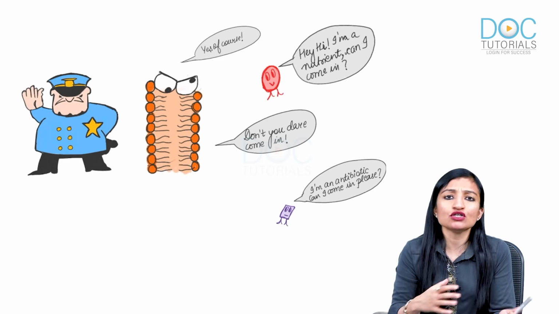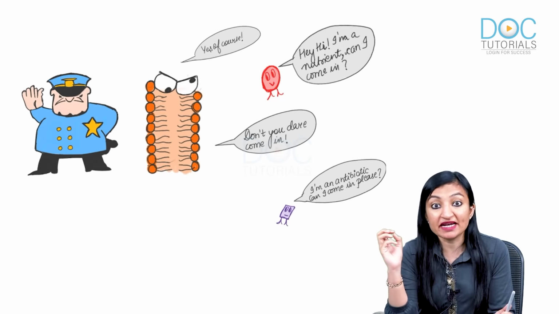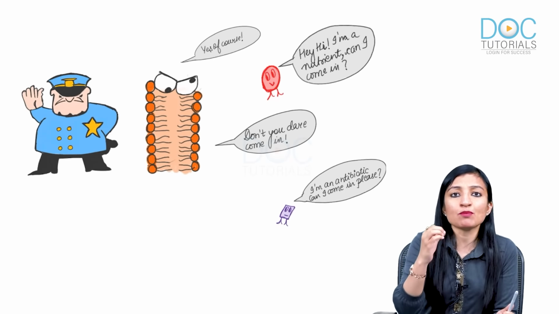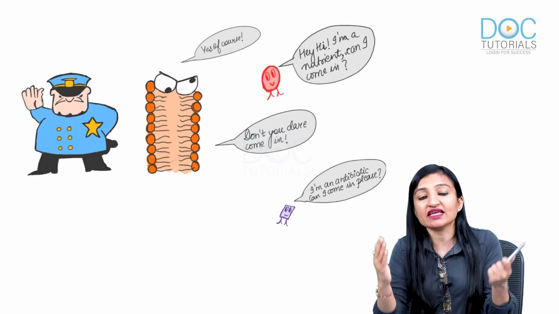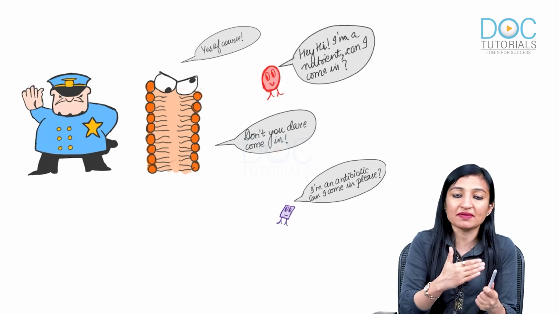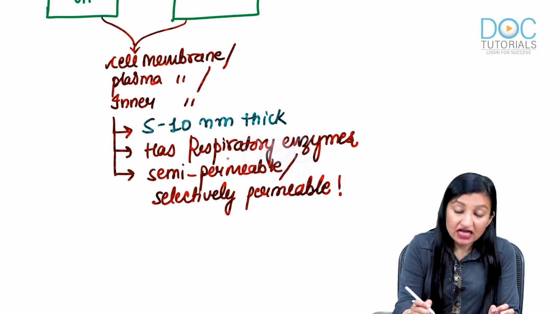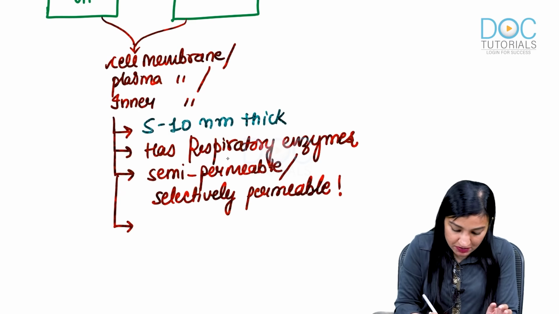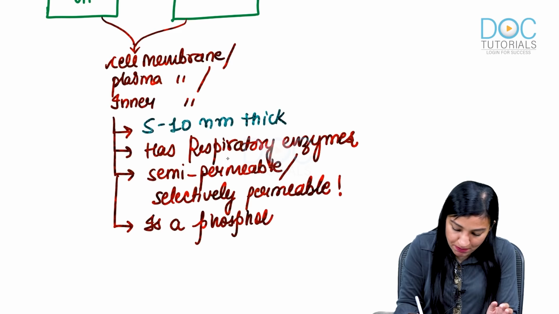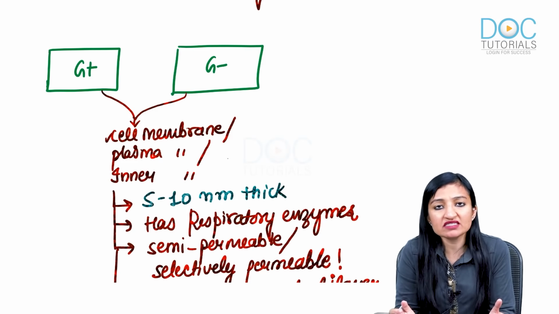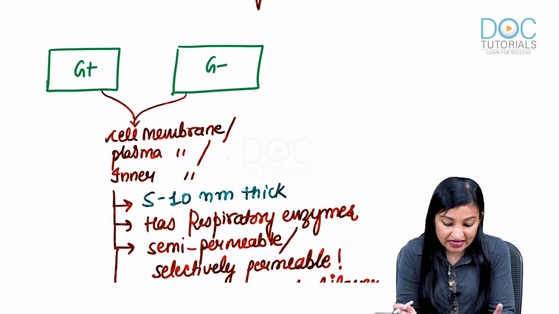Okay, so it's not that no antibiotics can penetrate through the cell membrane. This is just an example I have taken to emphasize the fact that not everything and anything can cross the cell membrane and gain access inside the cell. So that is what is meant by semi-permeable or selectively permeable, and it is nothing but, as I have mentioned, a phospholipid bilayer. Cell membrane is present in all living cells, and bacterial cells are not exceptions.